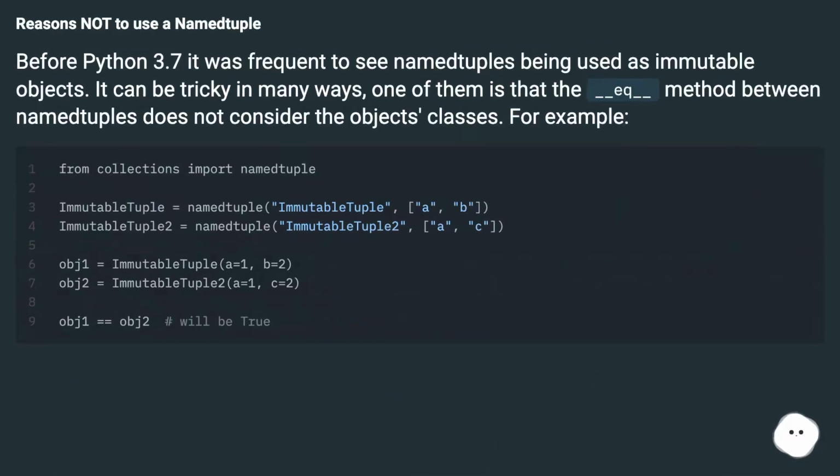Reasons not to use a namedtuple. Before Python 3.7 it was frequent to see namedtuples being used as immutable objects. It can be tricky in many ways. One of them is that the __eq__ method between namedtuples does not consider the objects' classes. For example,